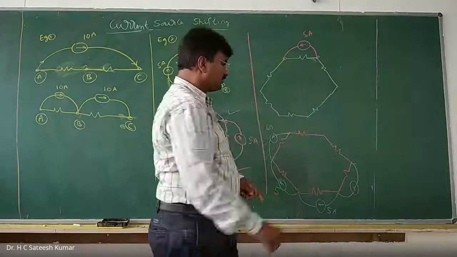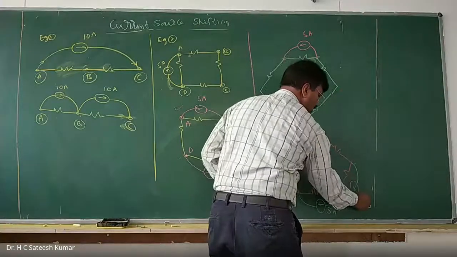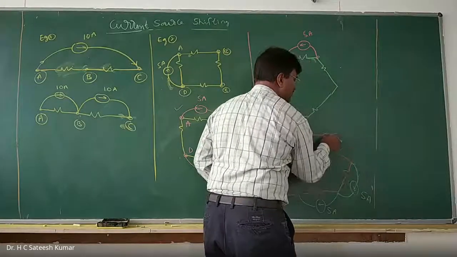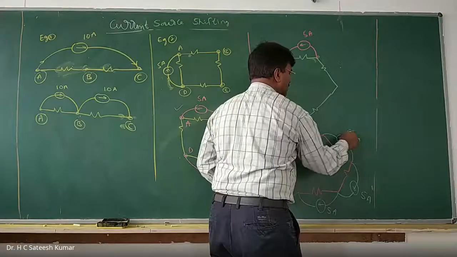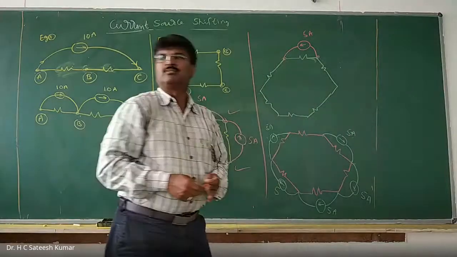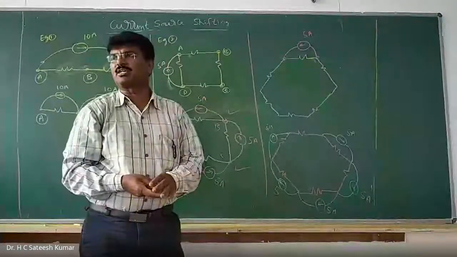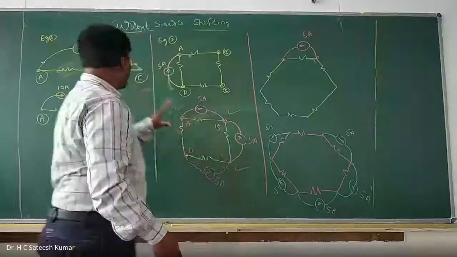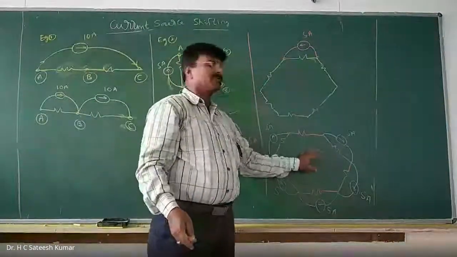And next, 5 amps here, net is 0. So to make it 0, what you should do? 5 amps is leaving. To make it 0, 5 amps should enter. What about at this point? 5 amps is leaving. Therefore, it's correct. This is another example where you can extend to any number of resistors connected like this. So this is the basic circuit. Another one, and this complicated circuit also we can apply source shifting.